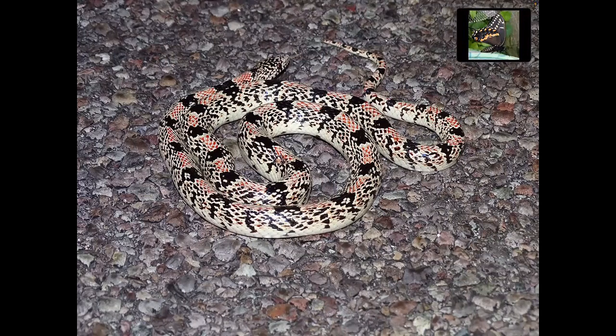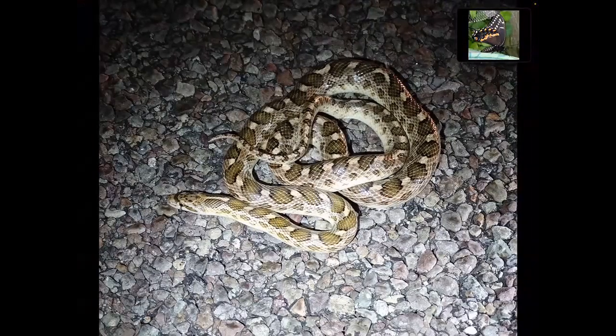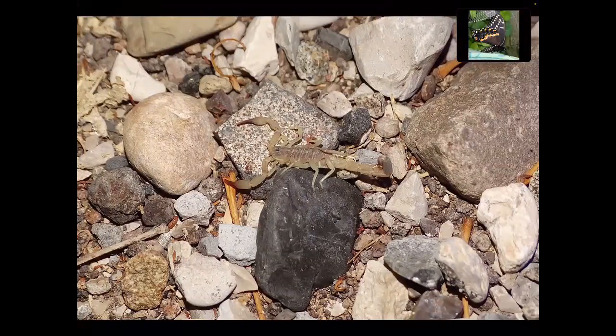Let's see, Texas long-nosed snake, I hope. A Kansas glossy snake. And a black-tailed rattlesnake. Again, those pictures were taken in 2014, but this year, the night that we were camping down by the river,